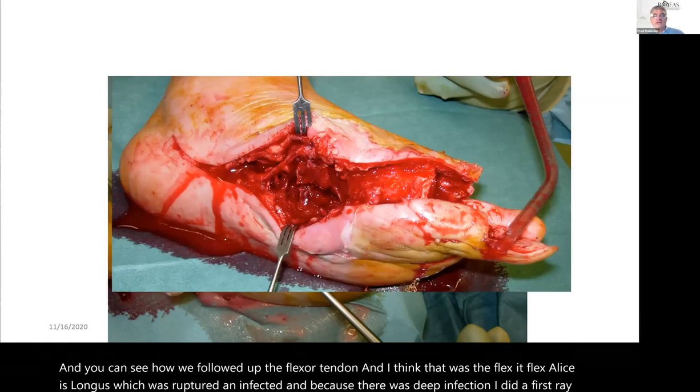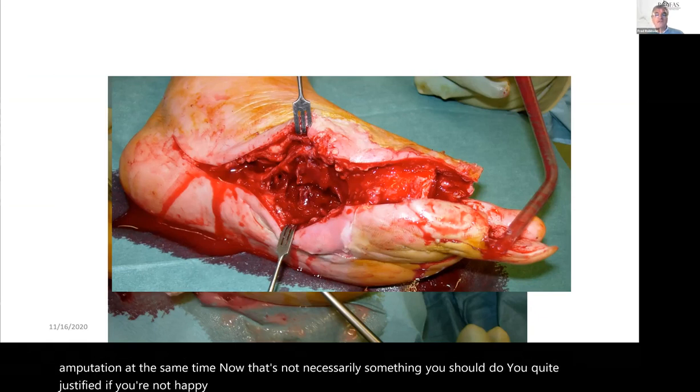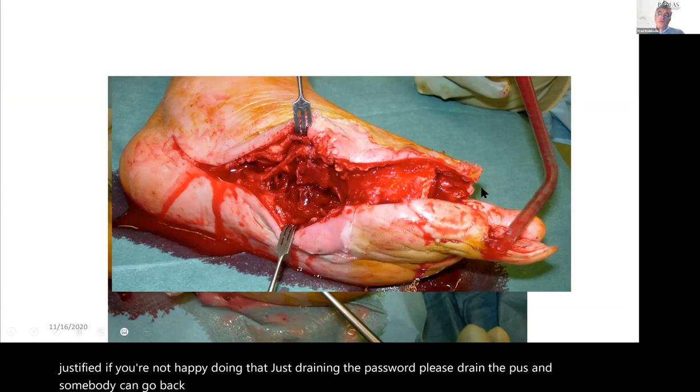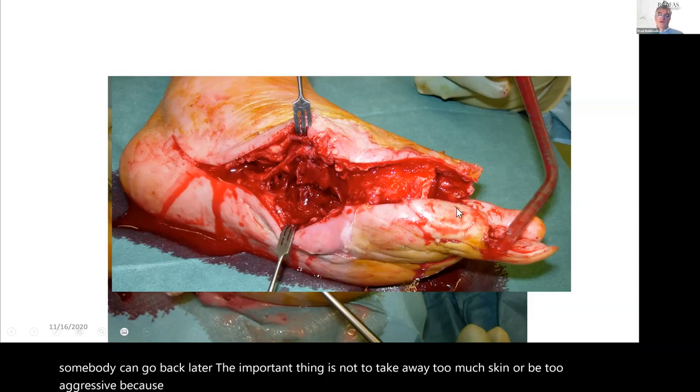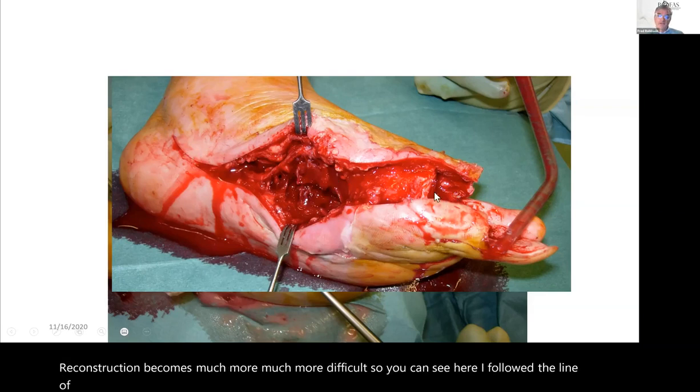Now that's not necessarily something you should do. You're quite justified, if you're not happy doing that, in just draining the pus. But please drain the pus, and somebody can go back later. The important thing is not to take away too much skin or be too aggressive, because then reconstruction becomes much more difficult. So you can see here, I followed the line of the flexor tendon,